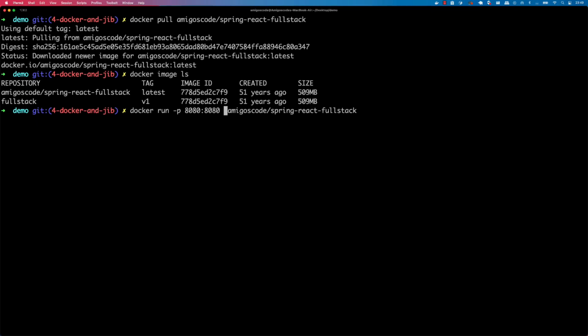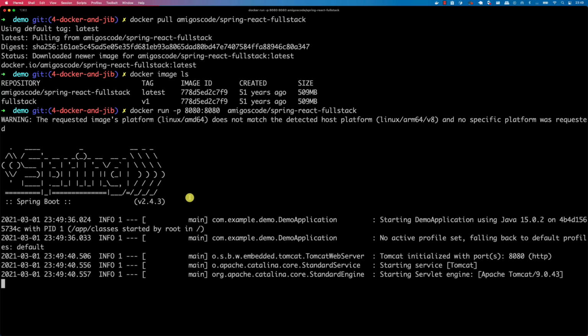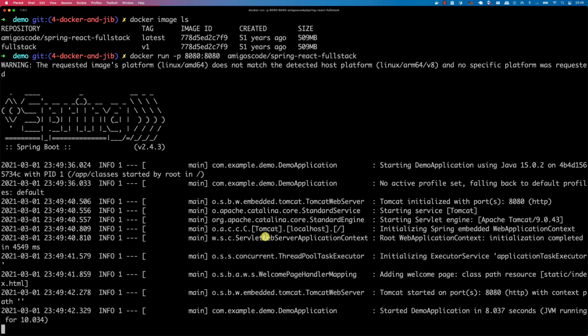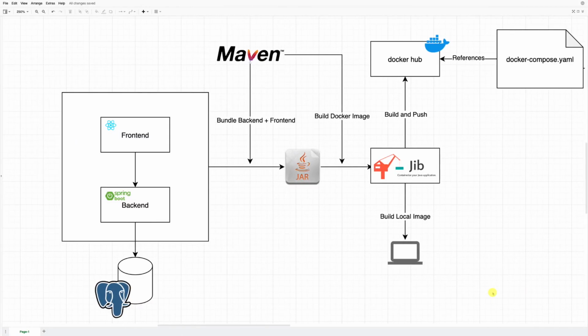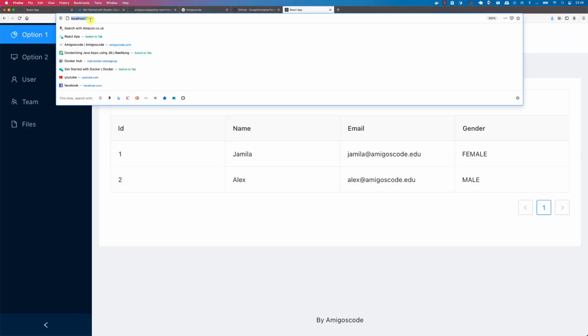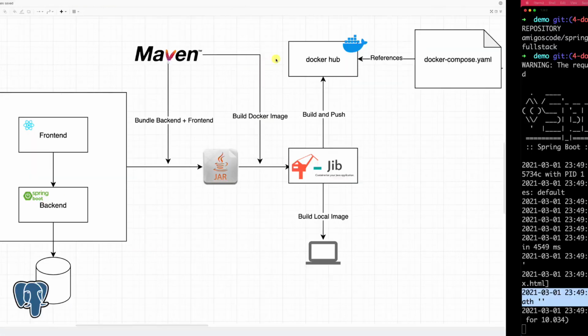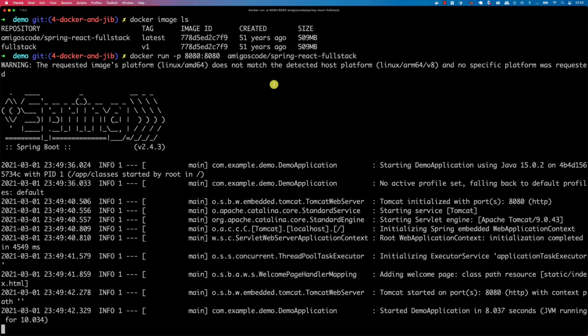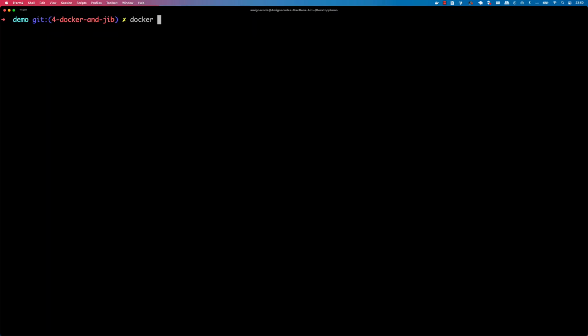So if I press enter, you can see that it's actually starting up the application. There we go, application started, port 8080. If I open up the web browser, and in here before it was running on 3000, so let's try to access that. This is actually loading, and I think that,